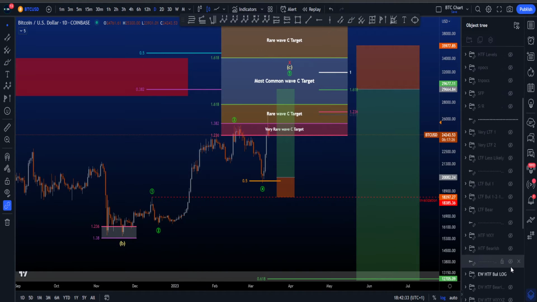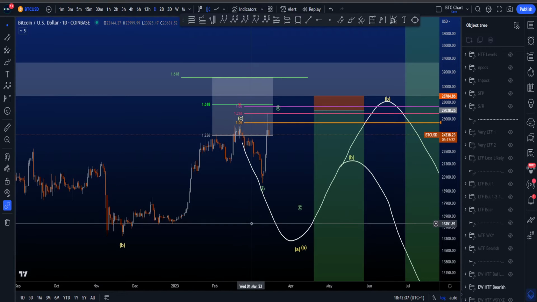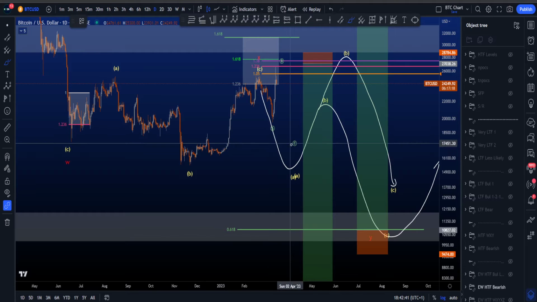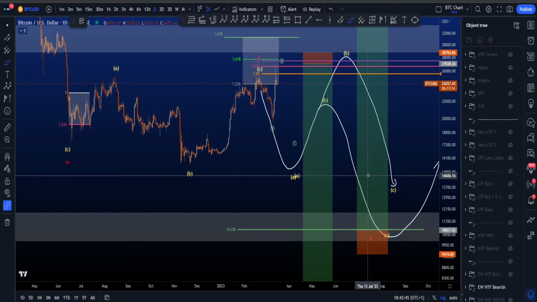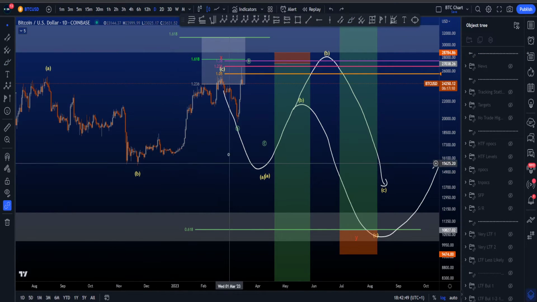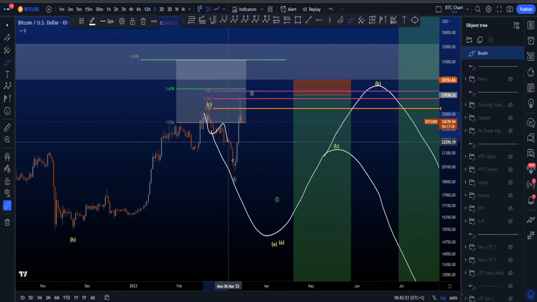Now the more bearish scenario on the higher time frame would be that wave C and X are already in, and we are currently moving to the downside for wave Y. Now moving to the downside can have all sorts of different complex patterns, as it is a corrective move, like a three-wave structure. And in this scenario, we would then be in some sort of a three-wave structure over here